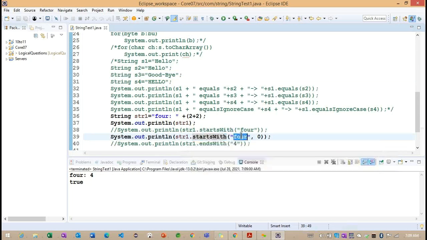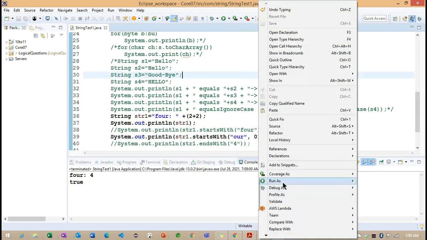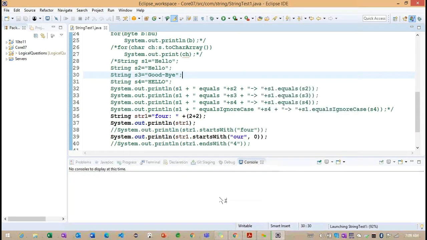Now what you are understanding regarding this particular start with method? Basically, what I want to cover here is this particular string. Here we are giving from which index onwards we need to search. If I'm going to remove this particular f here, now you can understand, again this will fail.